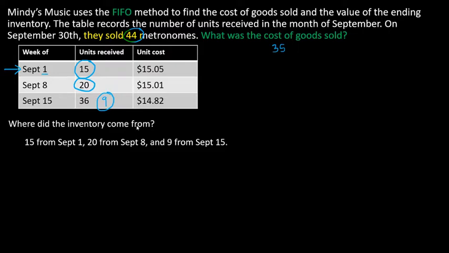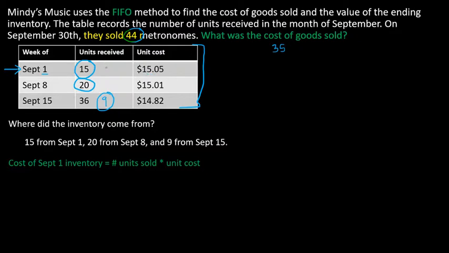So that's where our inventory comes from, and that's definitely the most difficult part of the problem. If you didn't understand that, just pause, maybe rewind the video, and make sure you understand how we figured that out. Now it's just a matter of figuring out the cost. We're going to figure out the cost for each individual inventory date, so we'll take our 15 units,